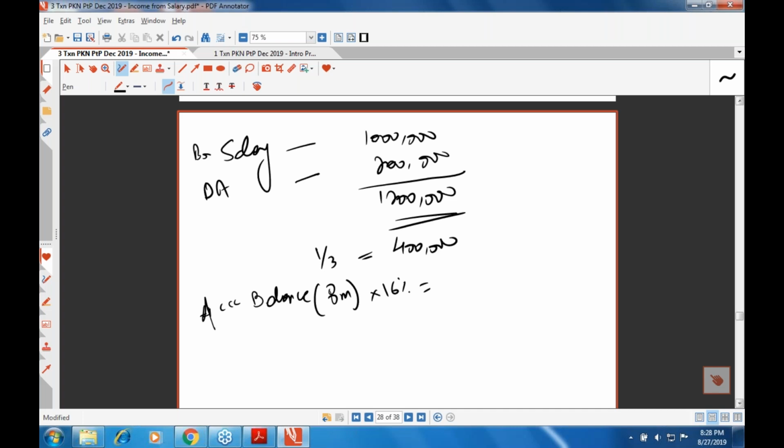Okay. So it turns out to be 1.26 million, right? 1.26 million. So if there is an accumulated balance of 8 million multiplied by 16%, 1.26 million, then what happens